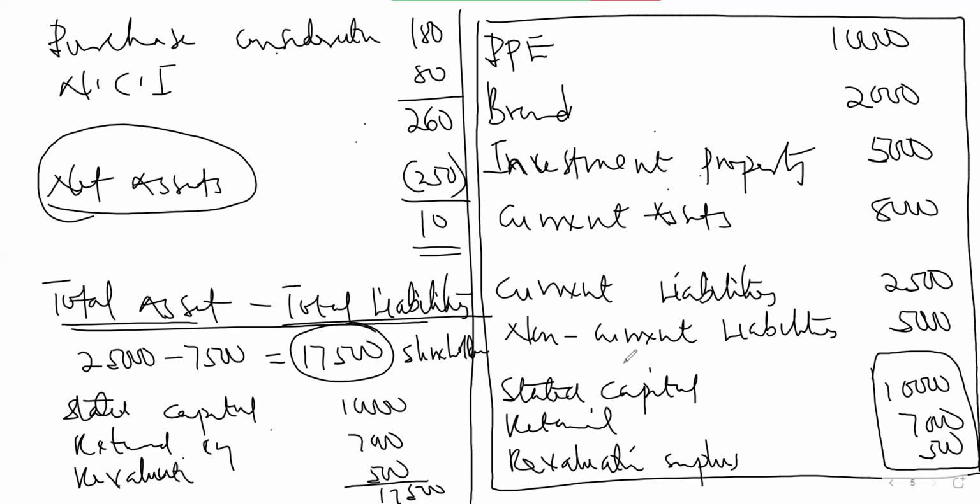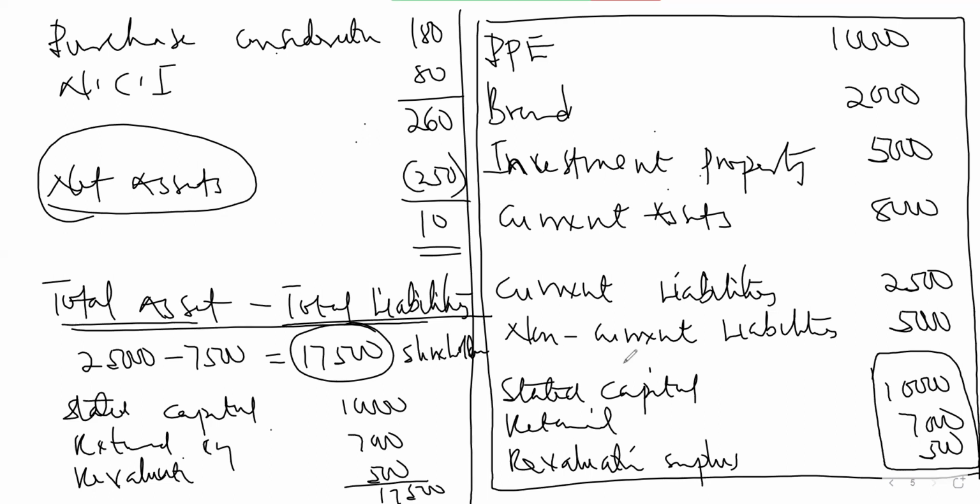By the time of acquisition, we want to acquire the business at its fair value. So at the date of acquisition, all assets and liabilities must be fair valued. Okay, so the question can tell you that at the date of acquisition, a building has a fair value of 4,000 above its book value. What does it mean? A building has a fair value of 4,000 above its book value.